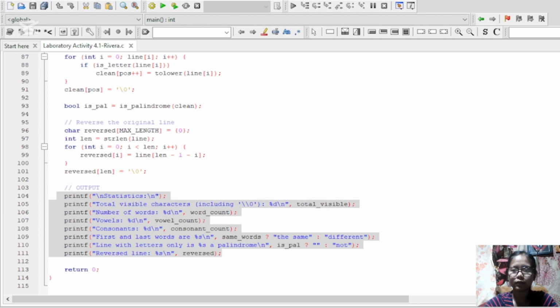This is where we print all the results: total characters, words, the vowels and consonants, whether the first and last words are the same, whether it's a palindrome, and the reverse version of the line. This last line is important, it ends the program.